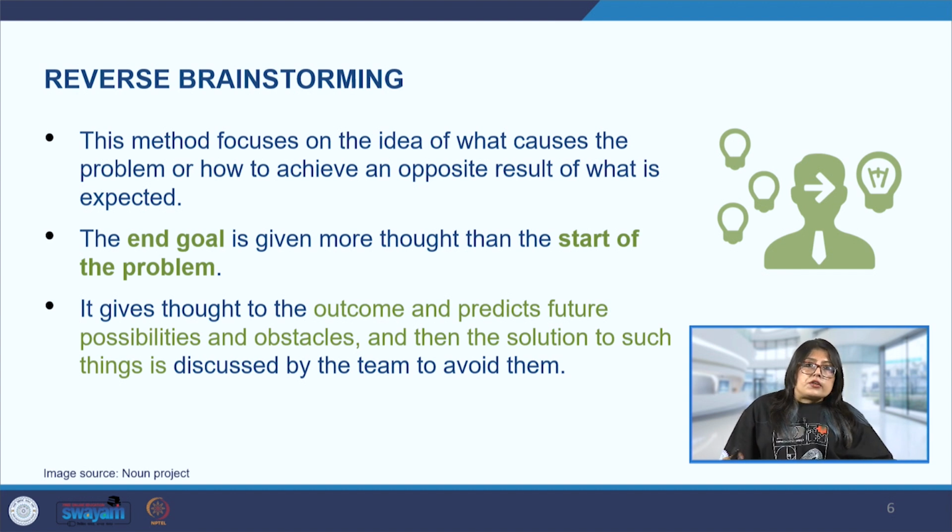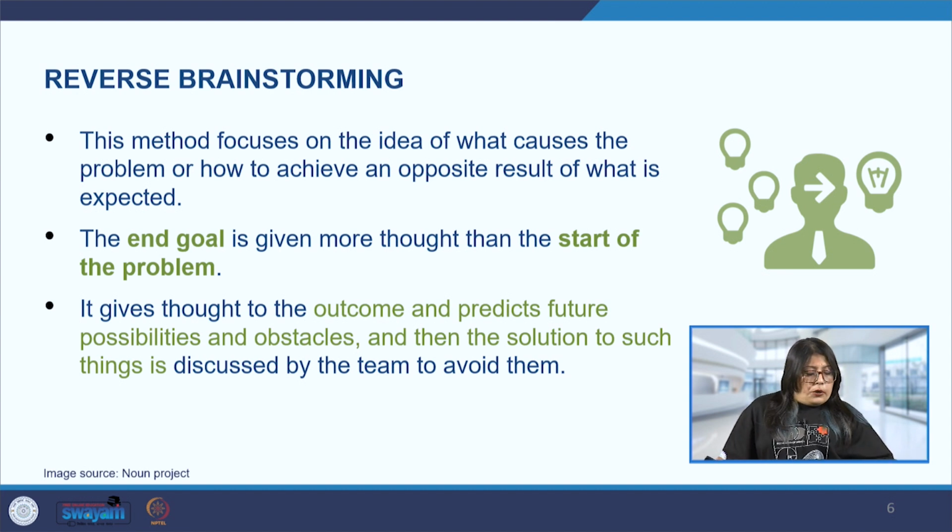Now that we have reversed this sentence, we will brainstorm ideas to worsen the problem. We'll take a couple of examples here. For example, respond to customer inquiries very slowly or not at all. This is one way for failure, when we are not responding to the customer queries in time or not at all. Give inaccurate or incomplete answers to customer questions, and be rude or dismissive when talking to customers. There are many other ways we can come up with in which the customer will be highly dissatisfied by the business.